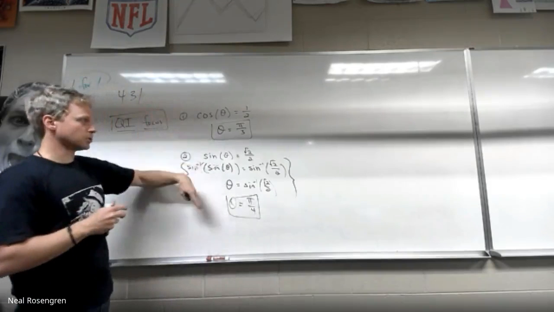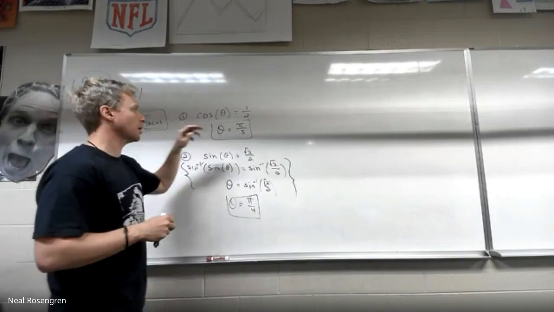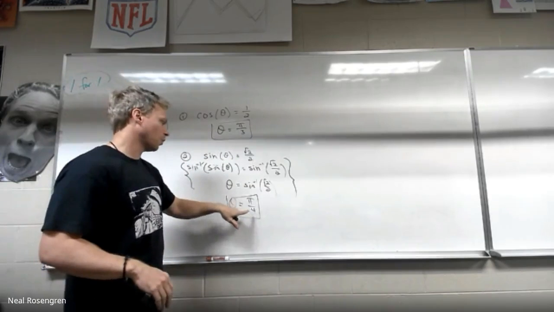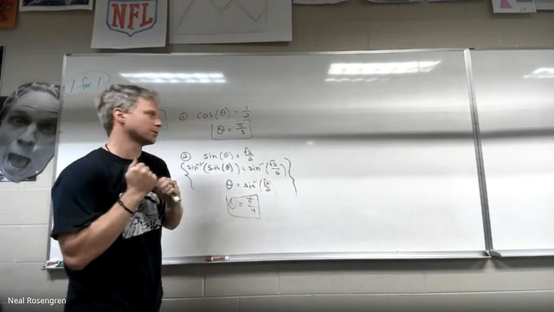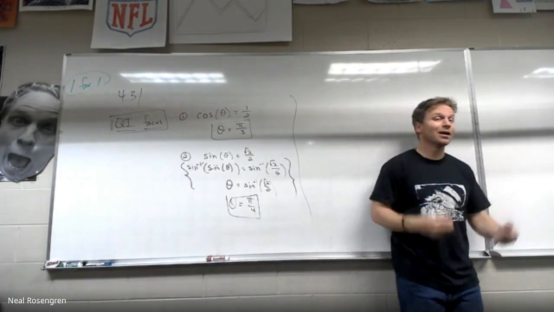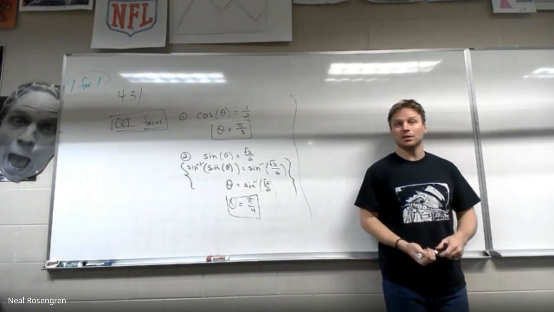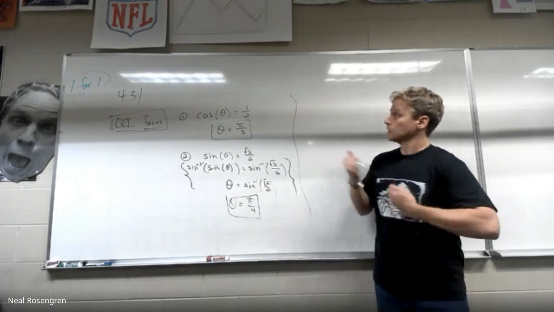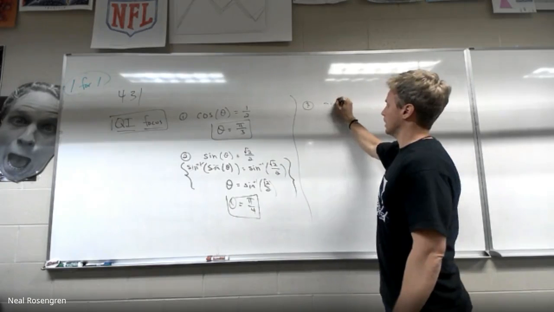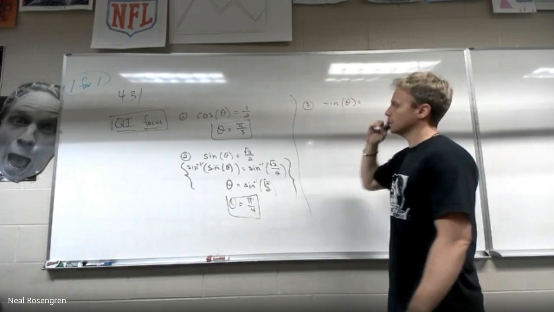Again, this was just a first quadrant focus, so I'm not going to say, oh, it could be pi over 3 or 5 pi over 3, or pi over 4 or 3 pi over 4. Right? We had those two possibilities yesterday. I'm just focused on the first quadrant right now because the kind of question that they might ask could look like this. Okay, what if it was sine of theta equals